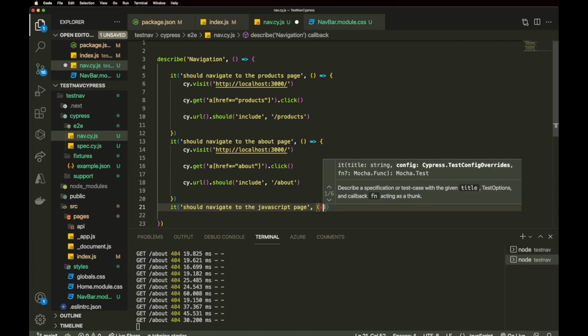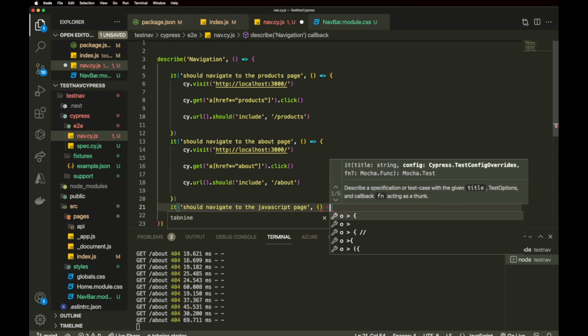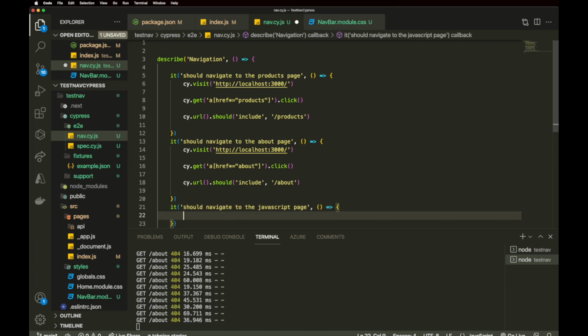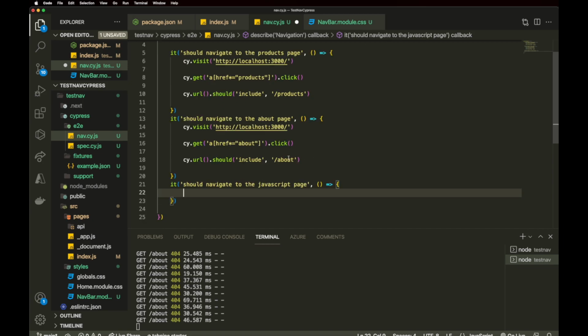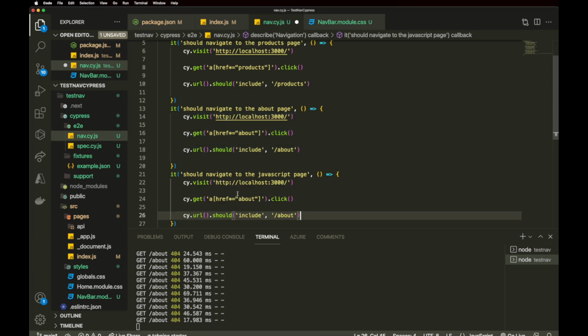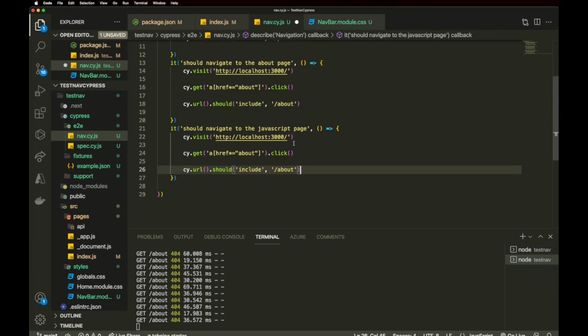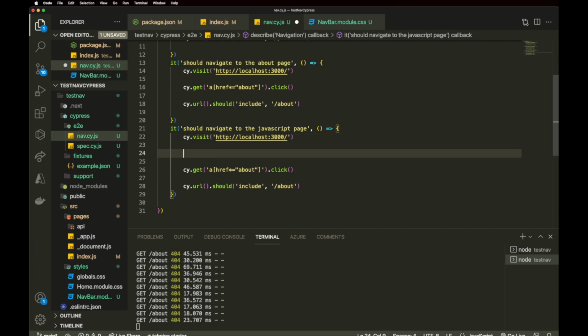Awesome. Do another arrow function. And now we're going to copy this same stuff down. Just copy this, put it in here. Everything here is the same except there's an additional step. So before we can even click on it, we need to show it. So how we do that is